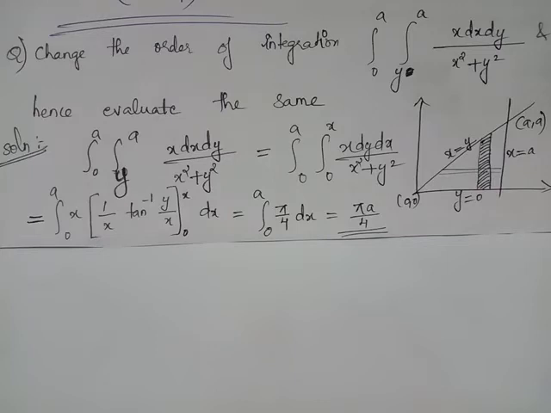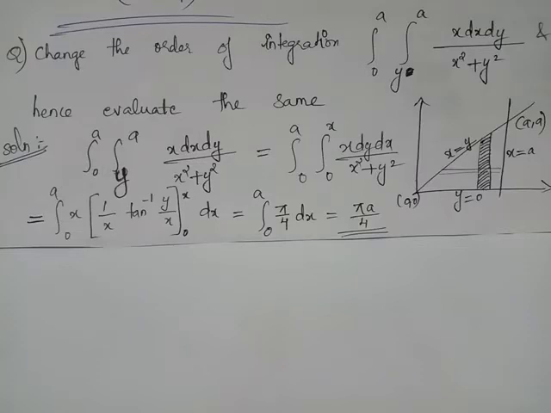When this horizontal strip reaches the position y equals 0, that is, the horizontal strip rests on the x-axis, it becomes the largest line. From there it goes on shrinking and finally when it reaches this position which is y equals a, it becomes a very small point. In other words, when you allow the horizontal strip to slide across limits y equals 0 to y equals a, it transforms from a straight line at y equals 0 to a point A.